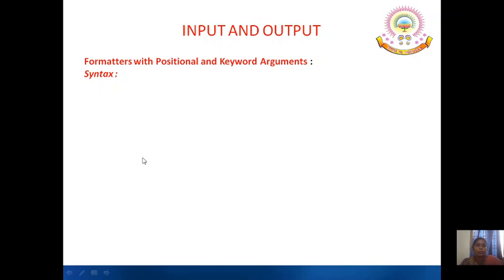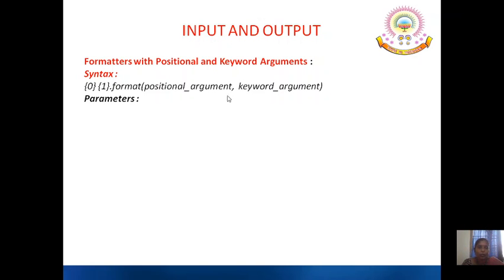And the next one that you should know is formatters with positional and keyword arguments. See the syntax. You are providing the placeholders, and each placeholder will be having a position. So first one is 0th position, next is first position. Like that you can have any number of placeholders. And here you are providing the positional arguments and keyword arguments. So what are positional arguments?